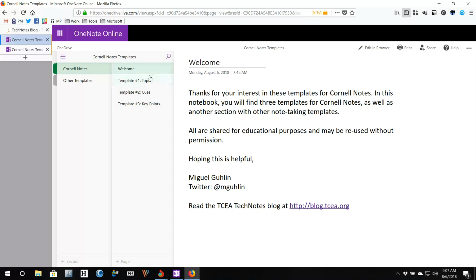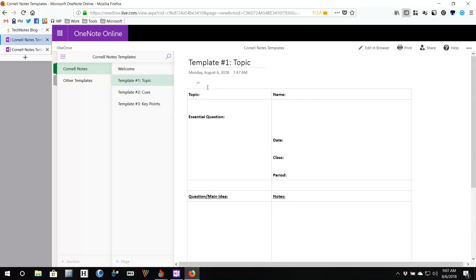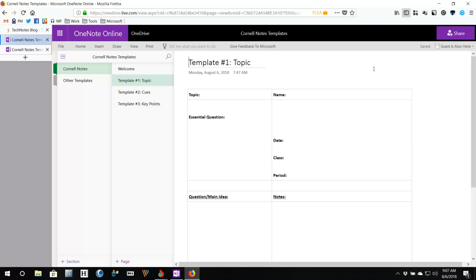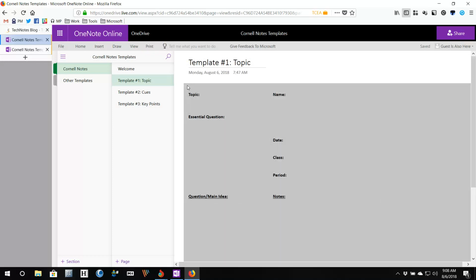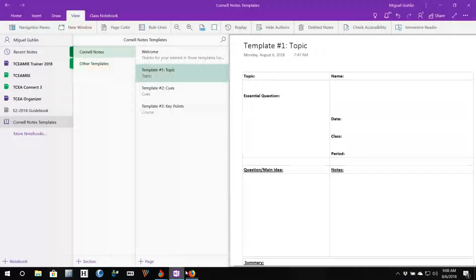So as I'm looking at this, I can click on the content, but copying it is not really going to get me much. So one approach that I can take is to choose Edit in Browser. When I click on Edit in Browser, my screen changes a little bit and I now have a blinking cursor. I can click down here in my table, and this is not going to be very clean, but I can do a Control A, and you see as I'm pressing Control A, it selects more and more of the page. I press Control C to copy, and then I can flip over to